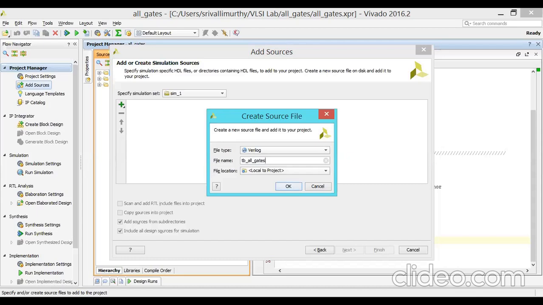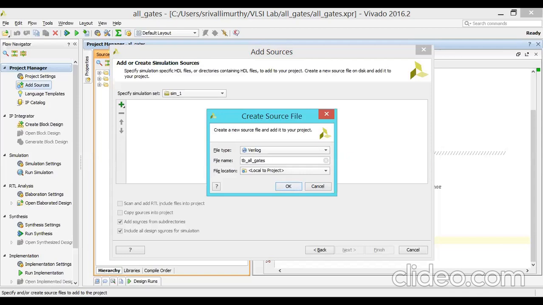But what happens if you are doing multiple programs, multiple experiments? You may get confused about which test bench belongs to which program. That's why we mention the program name. Test bench program name: TB underscore all gates. So in TB underscore, the program name is all underscore gates.